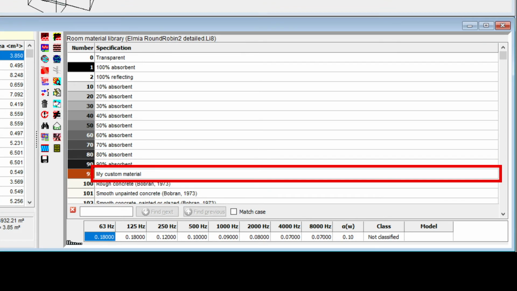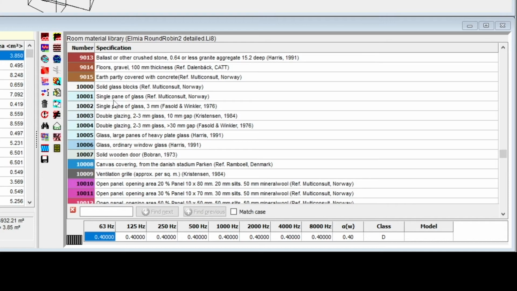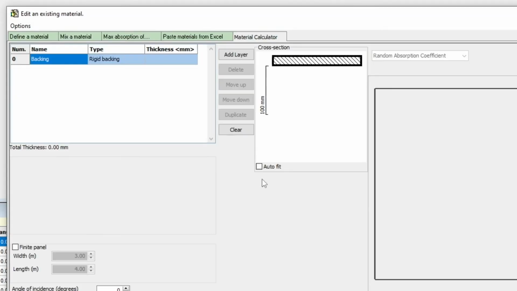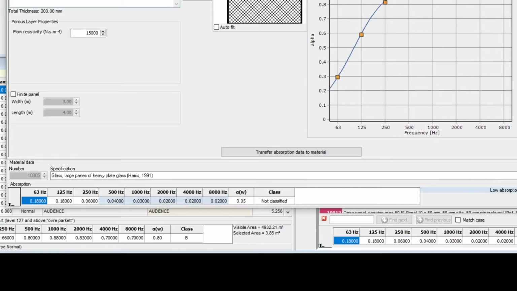So, the material will behave as a normal material. Conversely, you can also go into a normal material and add layer data. Just be aware that if you transfer the absorption coefficients, you will lose the previous coefficients you had on that material.